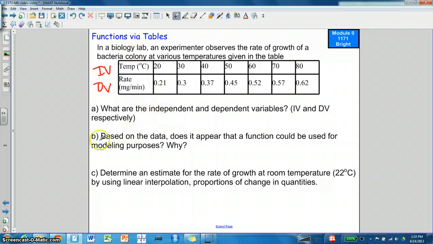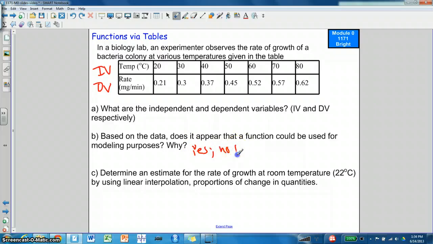Okay, part B. Does it appear a function can be used for modeling purposes? Well, let's see. Well, we know that a function, for each input, there can only be one output. Well, it looks to be that case. We're not saying that one domain value goes to two different range values. So yes, in theory it could. We actually have to get an exact model and do some more modeling procedures with it. But for now we can say yes,